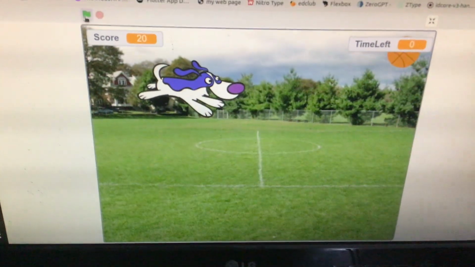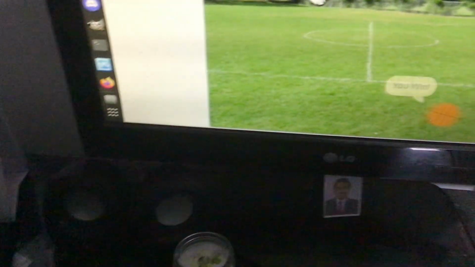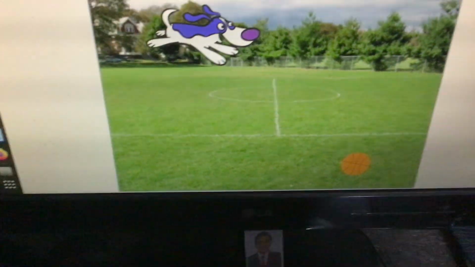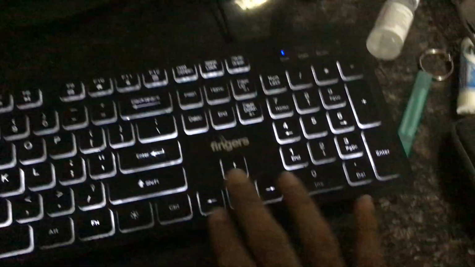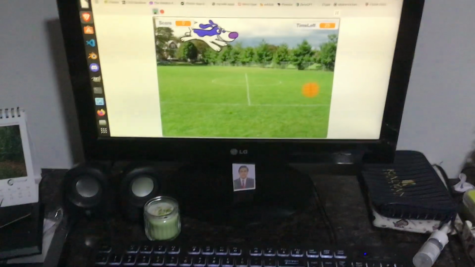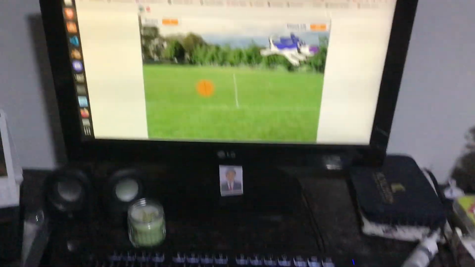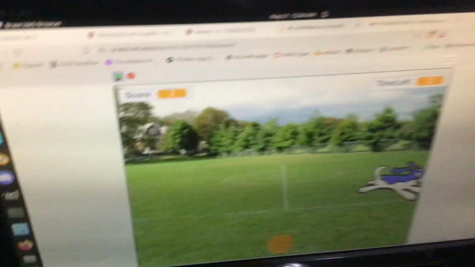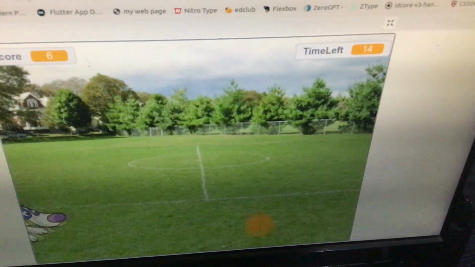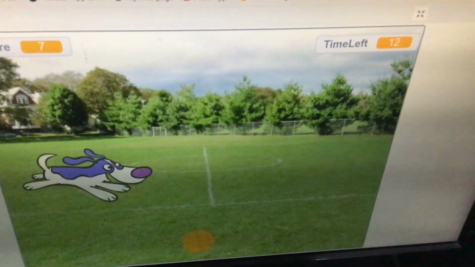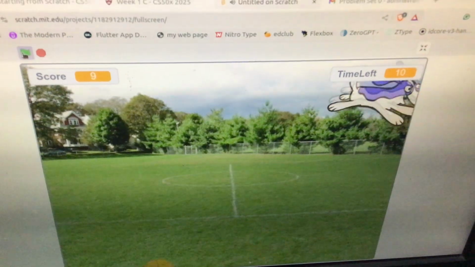If I click start, wait, that was the residue of the old one. Yeah, this is how it works. Arrow keys, move it up, down, left, right, and all that. If I touch the ball, score goes up. This is the timer, it's counting down. And also when it touches the ball, it barks because my life was not miserable enough as it is. So yeah,